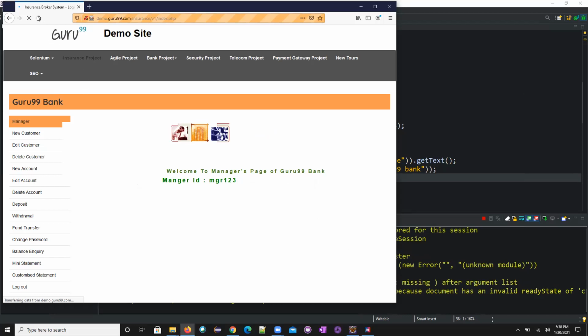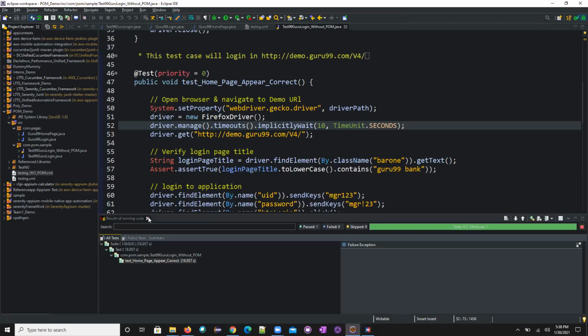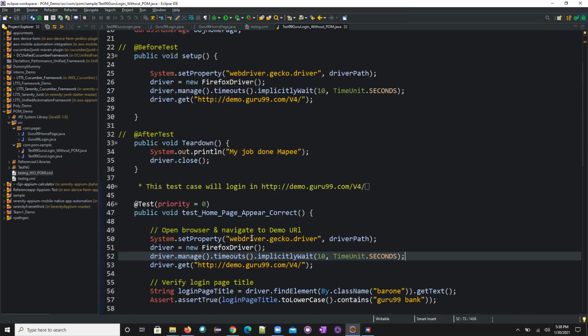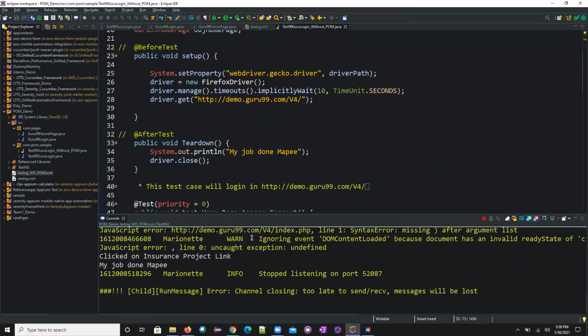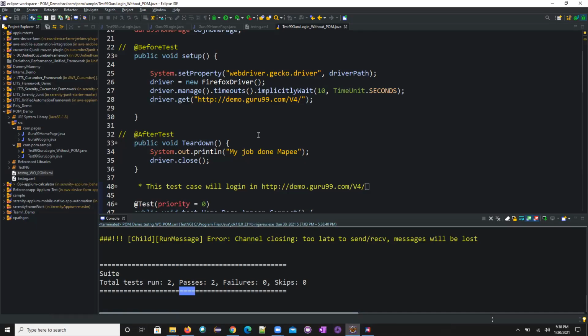The page is slow. It might be the reason it was taking the time. Whatever the result, it will come back to us. As of now, what I wanted to show you is, if you understand it clearly, the same steps. See, it clicked on instance project, job done. So this passed, this passed, and as soon as the execution completed, it closed.